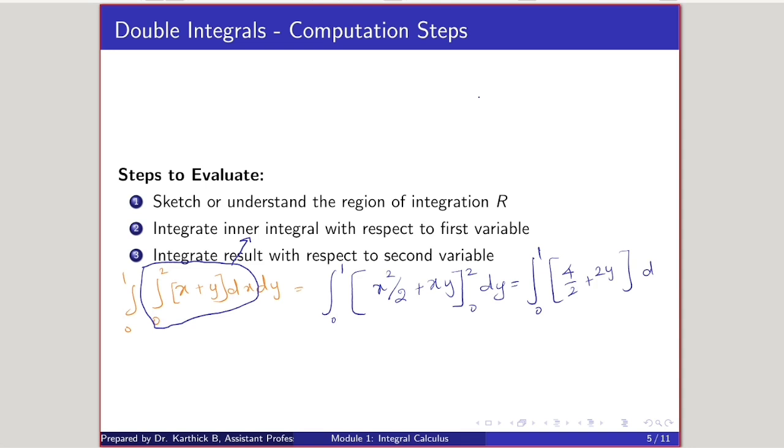The lower limit will be 0. It will be 0 plus any non-zero value, so we get the same value. This part we say is the outer integral. First we evaluate the inner integral, and at last we get the integral with respect to the second variable y. If I evaluate this, we get the resultant. In this way,